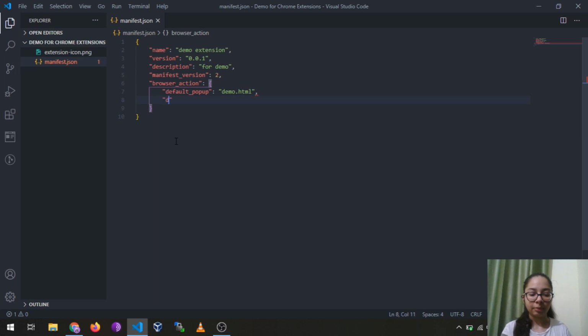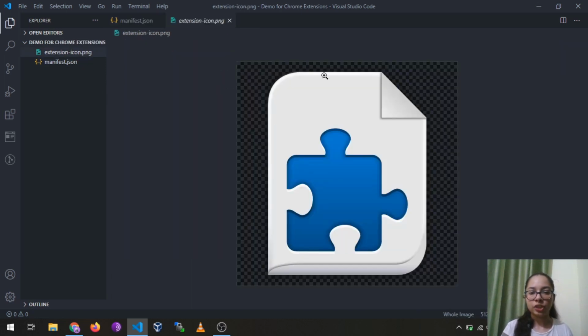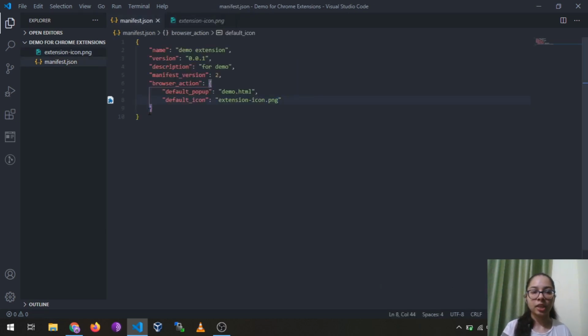The next thing I am defining is default_icon. For the default icon, I am using this image called extension_icon.png, that is, this image will be the default icon for my extension.